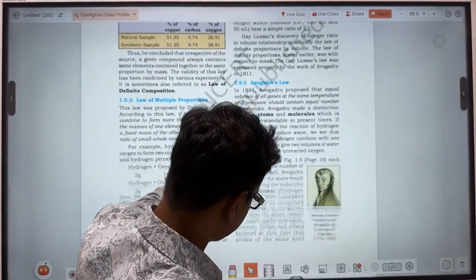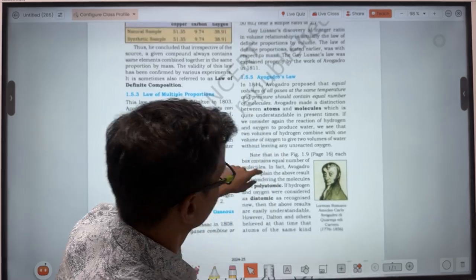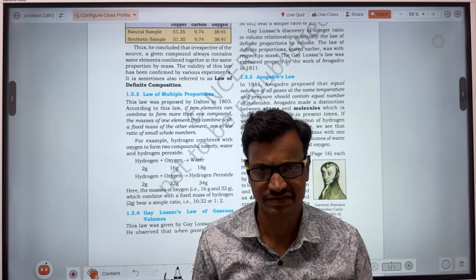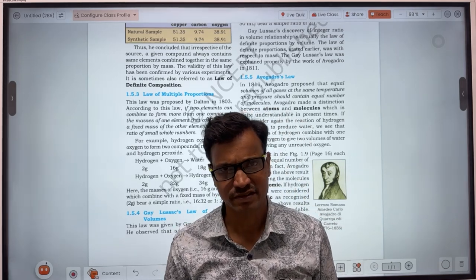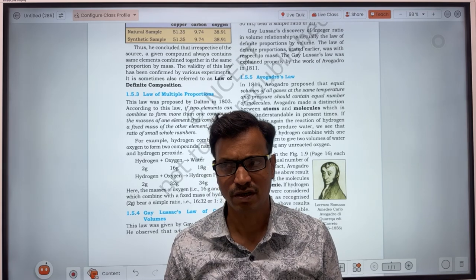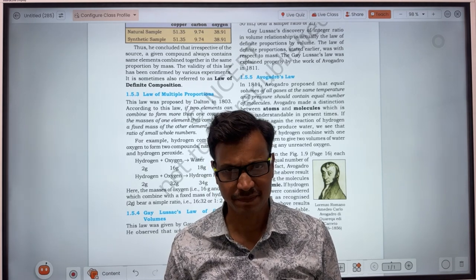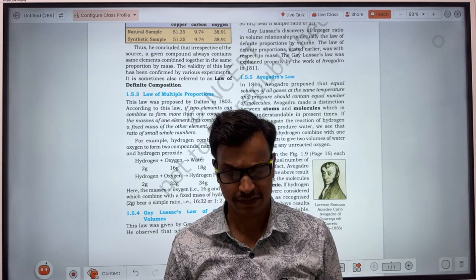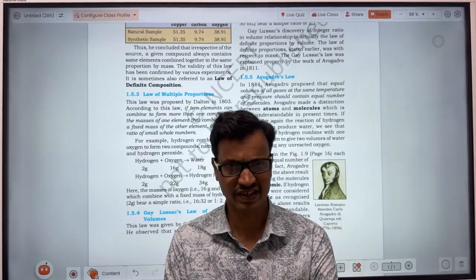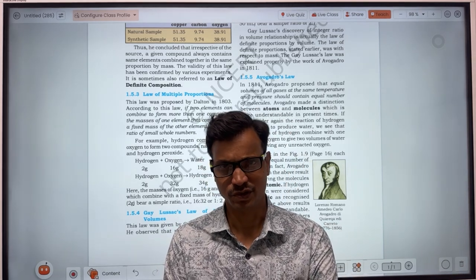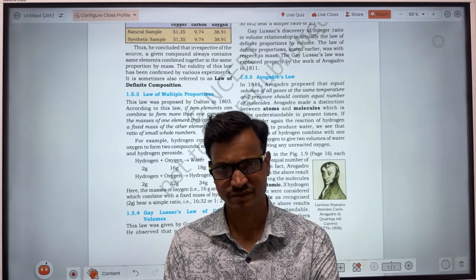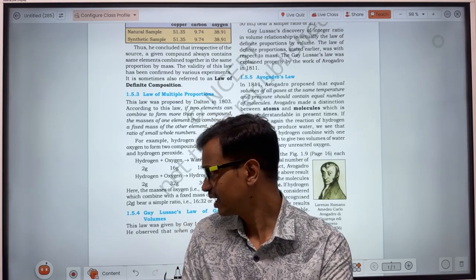Avogadro's law, you know already, states that at the same conditions of temperature and pressure, equal numbers of moles of any gas will occupy equal volume. So in other words, Avogadro's law states that when there are two containers, I am writing here, then